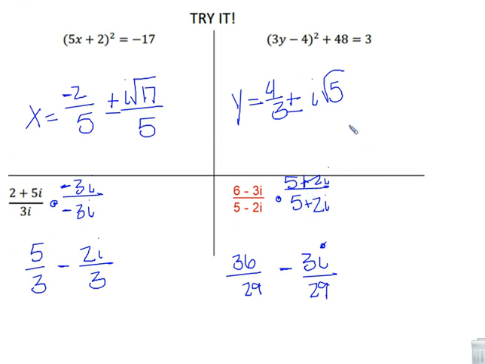If you did not get these same answers, that's okay. I don't expect you guys to get this after the first try or even after the first time you interact with this video lesson. So if you didn't get these, that's completely alright. I just want you to try your best and really make sure that you ask me for help next time